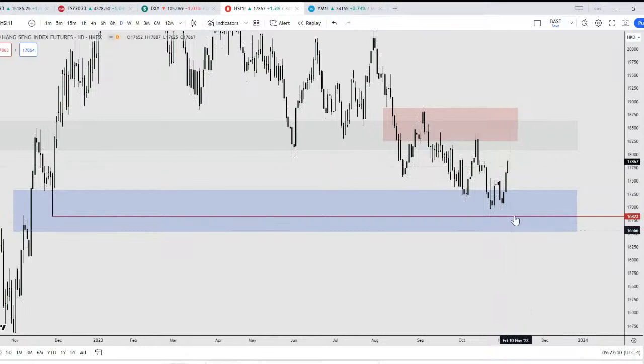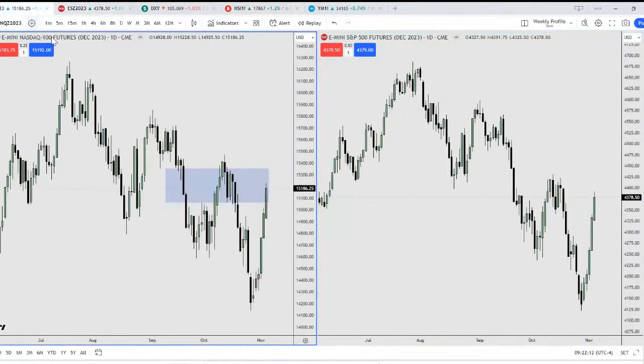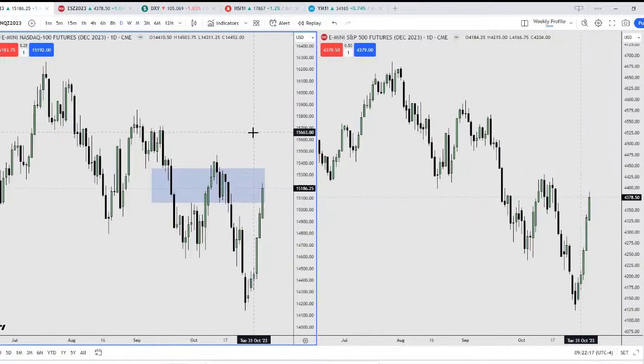Okay, I don't think we're going to leave the lows here, right? Okay, so that's for HSI. And I think that's about it for today. And because next week is going to be daylight savings, it's better to manage your expectations because it's going to be a little bit choppy, and with Jerome Powell having speeches next week as well. For me, it's a low probability week.